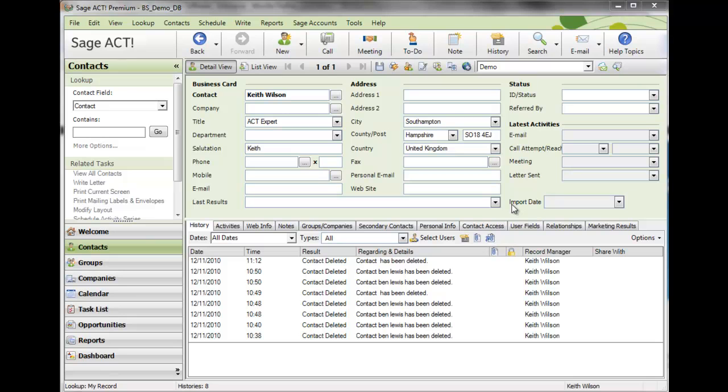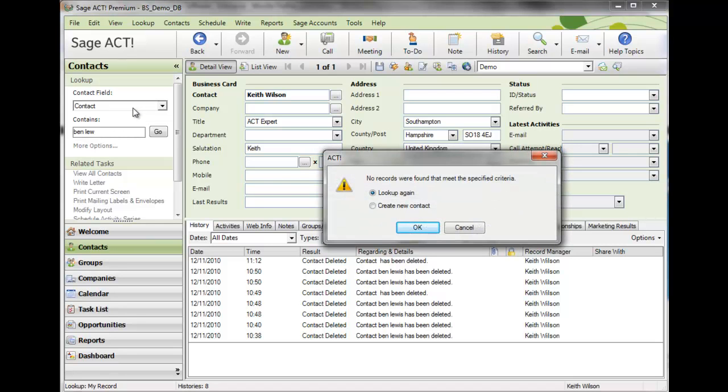Okay, let's get started. Now first off, I want to show you how to quickly attach an incoming email and at the same time create a brand new contact in ACT with all the available details. And let me just confirm that the contact that I'm going to work with is not already in the database. So the person in question is Ben Lewis. So as I search for him, you'll notice he's not in my database,